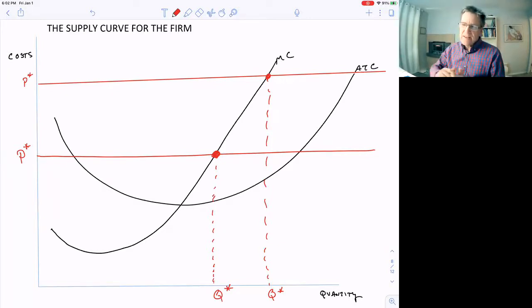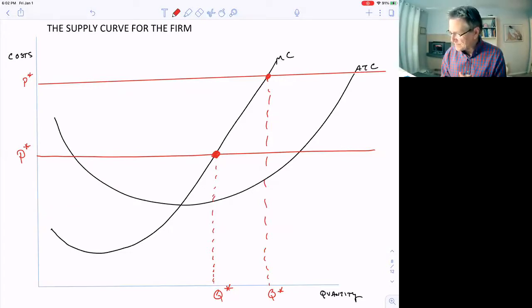So that means that the supply curve for the firm is upward sloping because this marginal cost curve is the supply curve for the firm. And as the price goes up, Q star goes up, and price goes down, Q star goes down. So this is the reason why the firm has an upward sloping supply curve. And if all firms are identical in this market, that would mean that the market supply curve is upward sloping